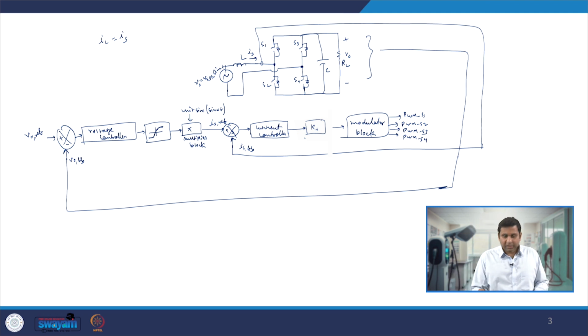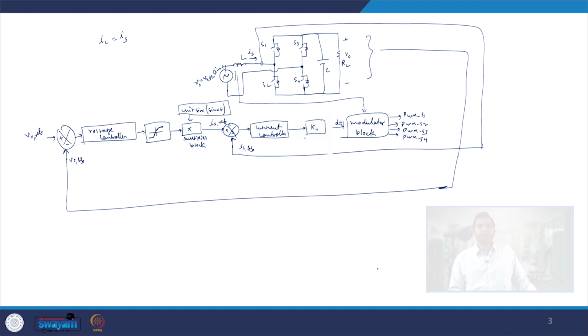Now if we talk about the modulator block, the input of the modulator block is nothing but the duty ratio D, which is varying with t. So that we can again generate PWM S1 similarly. Here in the modulator block we can also sense this voltage and send it to the modulator block. Similarly we can send it to the unit sine omega t generation block, and use the same thing to generate the unit sine waveform or sine omega t. Now if we look very carefully, we are taking this just to ensure whether it is in the positive half cycle or negative half cycle.